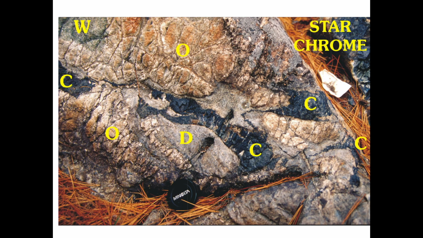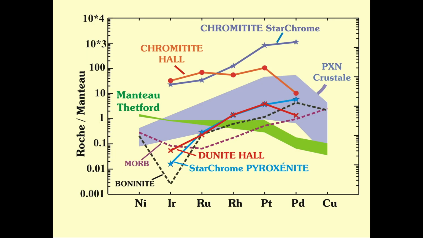It's got an axial chromitite with really funky geometry in dunite, and the dunite is reacting with the host websterite to form orthopyroxenite. Now, these two deposits are enriched in platinum and palladium. Osmiridium is the same as in the stratiform, but there's net and marked enrichment in platinum and palladium, especially for